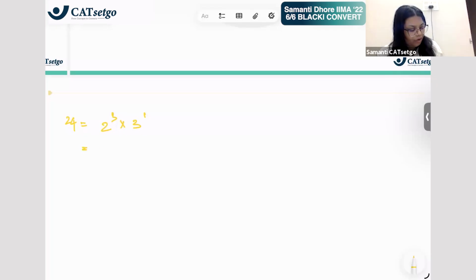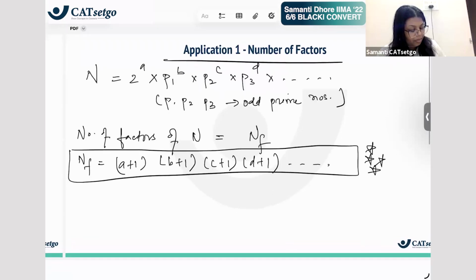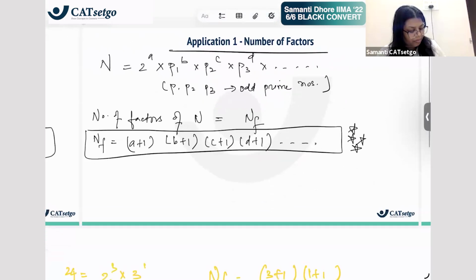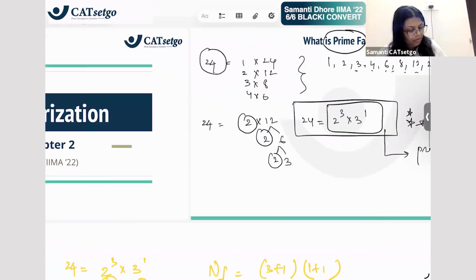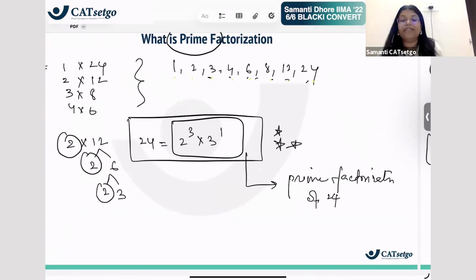So basically, it is written in the form of 2 raised to a into p1 raised to b. So the number of factors of 24 will be (3 plus 1) into (1 plus 1), which is 4 2s are 8. And if you actually look at the list of factors जो हमने starting of the class निकाला था, अगर हमने 24 के फैक्टर्स देखे थे,